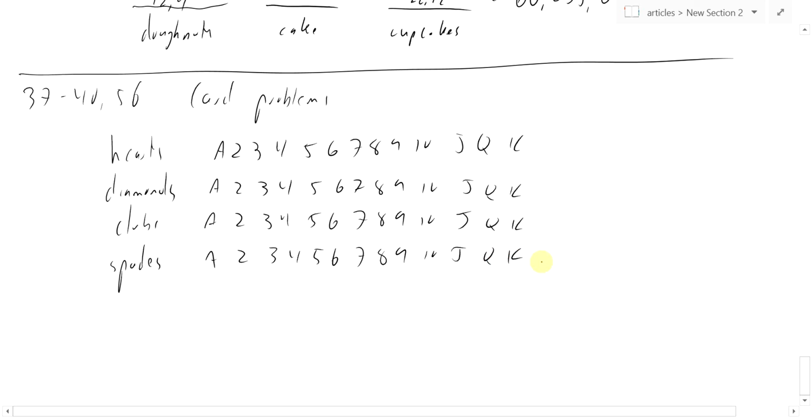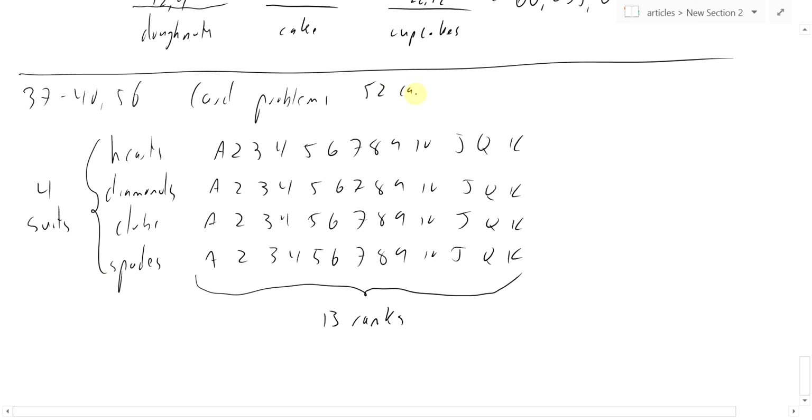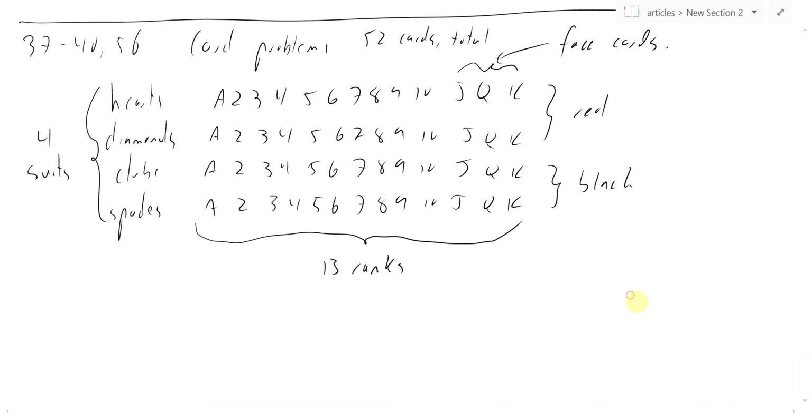So there are 13 ranks. Right. There are 4 suits. There are 52 cards total. There are 26 red cards, 26 black cards, and jack, queen, king. These are called face cards. Lots of ways to carve up a deck of cards. Okay, so